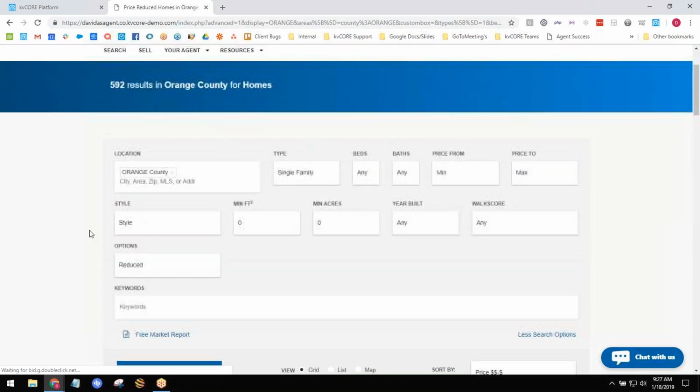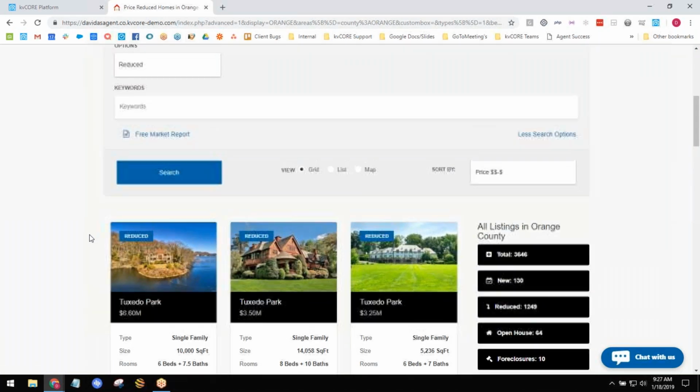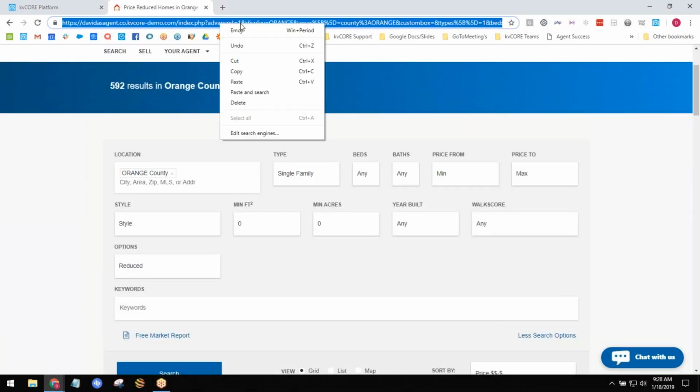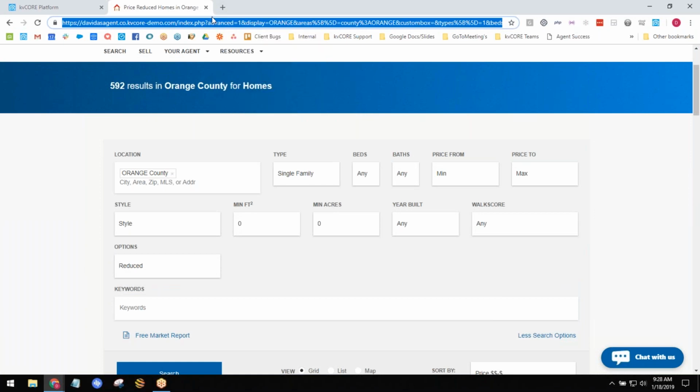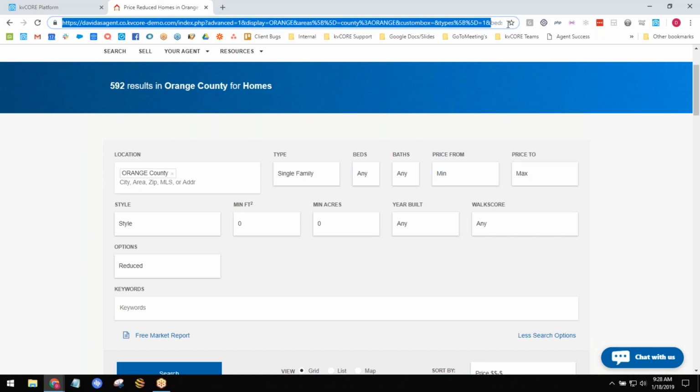Okay. So if I wanted to create a text code with this, I could go up here and copy, and we probably wouldn't want to send this link over text message for the obvious reasons, this would take up pretty much their whole cell phone screen.